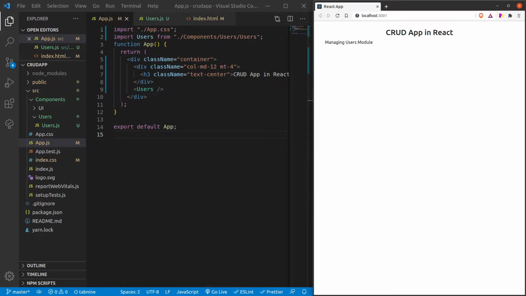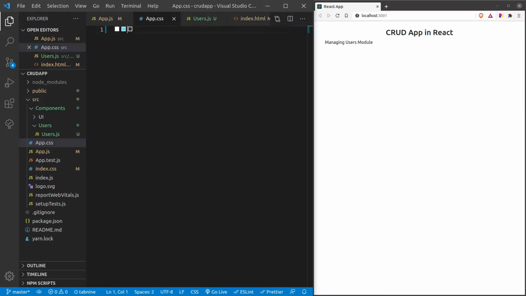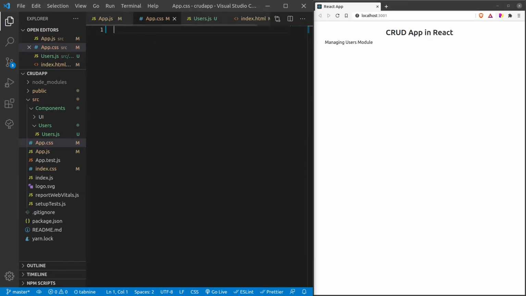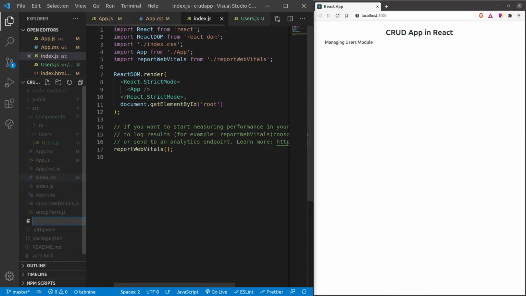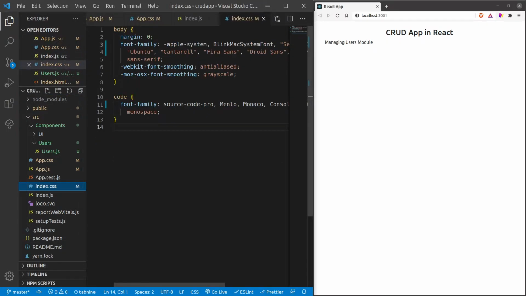Let's now also add a background color for this application. So for that, let me also remove this default CSS. Now what we can do is include our CSS in app.css. Oops, so instead of app.css, let's do it in index.css because we know that it is going to be in the whole app.